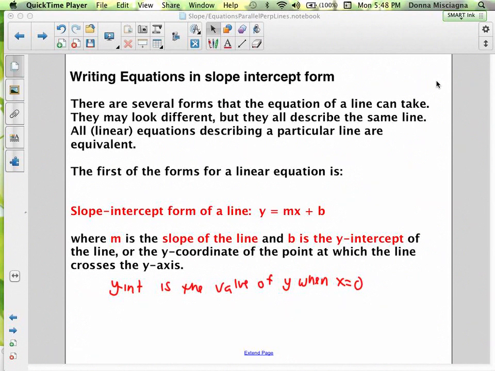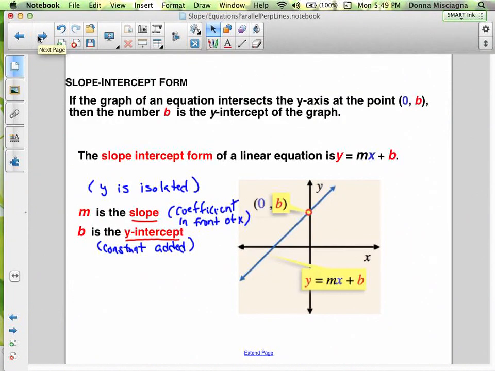Okay? So from a graph, we can just look where x is 0, and it's going to be 0 all along the y-axis. And so whatever point our line crosses the y-axis, that's our y-intercept. From an equation, we can find our y-intercept simply by plugging in 0 for x and solving for y. All right, so slope-intercept form, if the graph of an equation intersects the y-axis at the point (0, b), then the